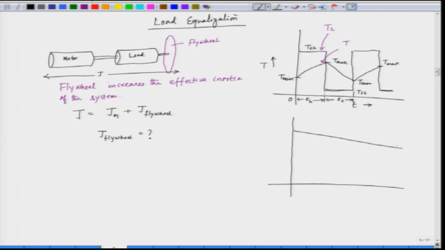Now, let us say this is the motor characteristic, which is speed versus torque, speed in the y axis and torque in the x axis. This is omega_m0. So, this is a drooping profile. So, the motor behavior is known. When the motor behavior is known, we have to use this motor behavior to decide the inertia of the flywheel. So, we conclude for this particular class. We will continue from this in the next lecture.